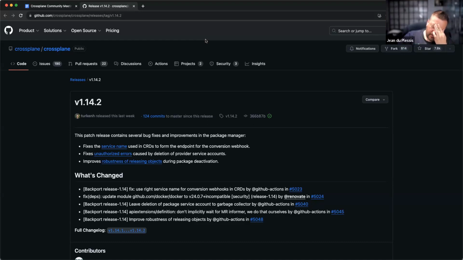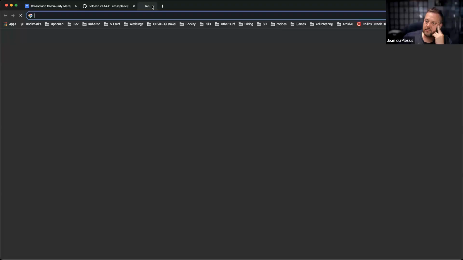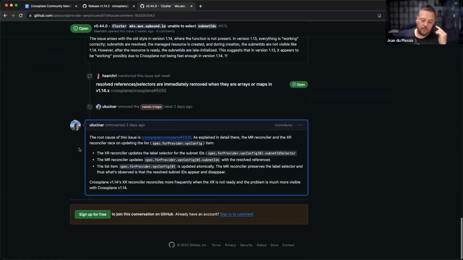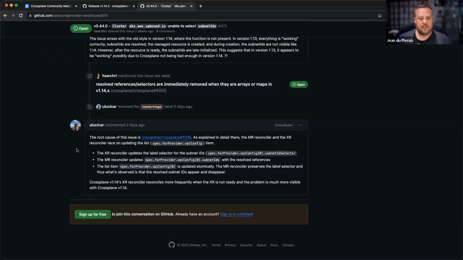Yeah, I think it's a difficult one, because either we fix it in Crossplane and it adds a lot of maintenance, or we fix it in providers and it adds a lot of maintenance. It's not easy to just choose the right answer. But as far as I know, we're looking into using the server-side apply approach, providing the necessary markup in the provider code to be able to have that work. Opera is looking into this at the moment and is still trying to finalize it, and it will not be an immediate fix.